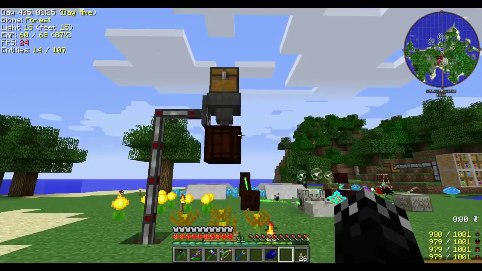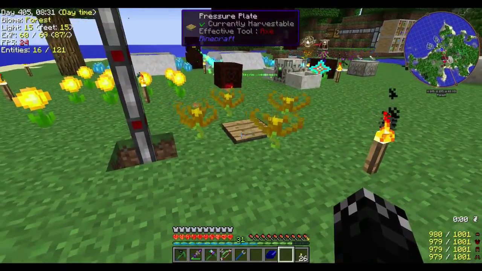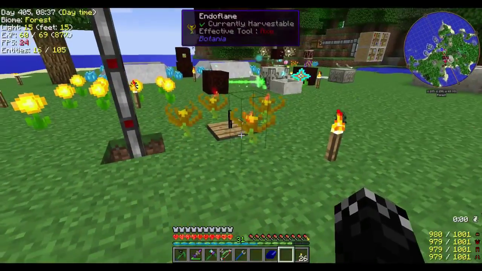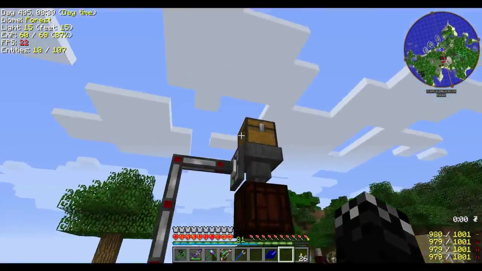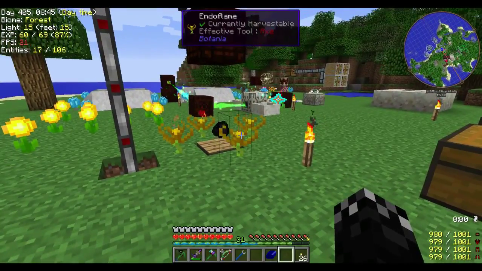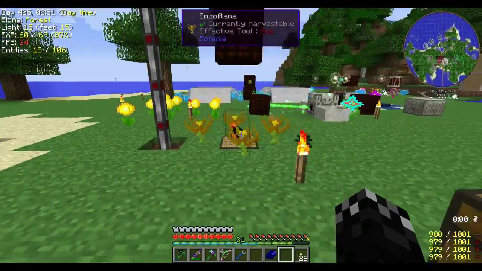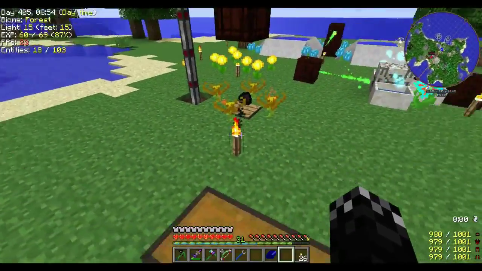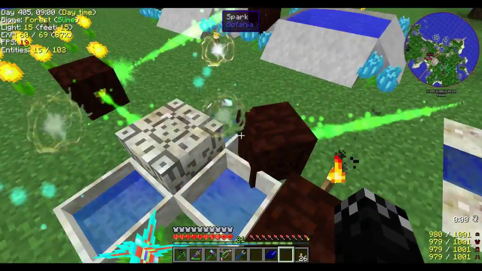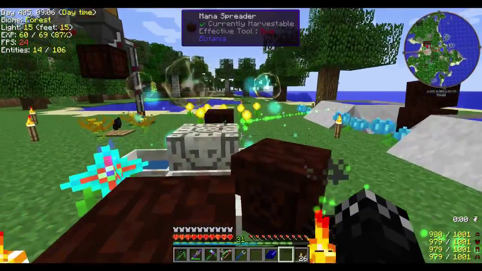But basic little mana generation system here. Just pressure plate, redstone up to the hopper, and it drops 2. I could probably make it a bit higher, it'd probably drop 4, but it drops 2. When they get used up by the ender flame, redstone signal comes off, hopper works again, drops 2 more. I may end up putting some more ender flames around just for more mana generation, but at the moment it's definitely draining quite quickly. So I made the sparks, I've added them to these mana pools,